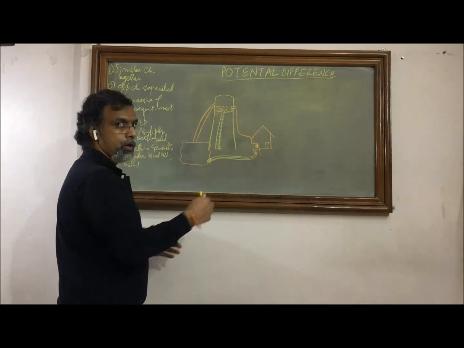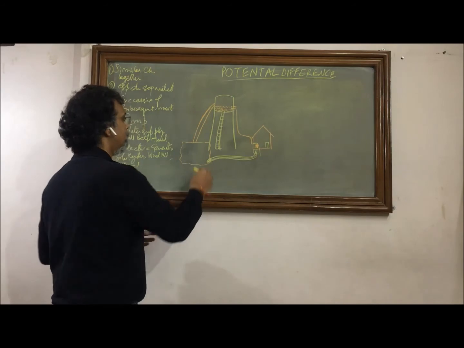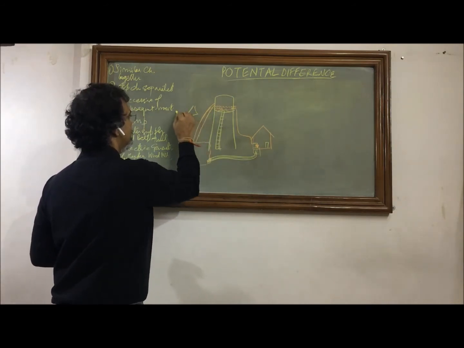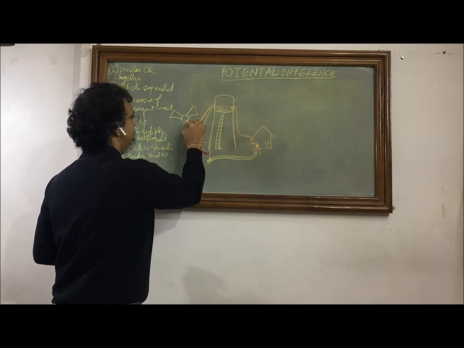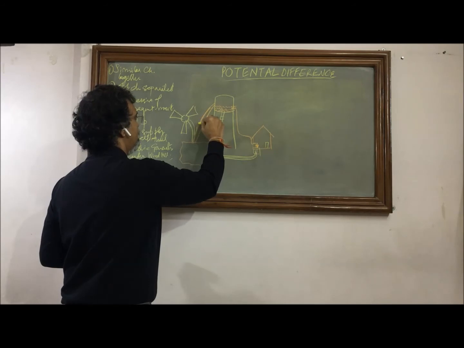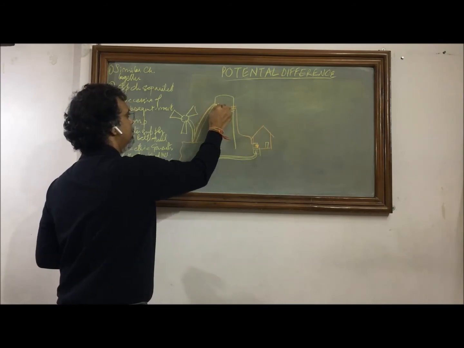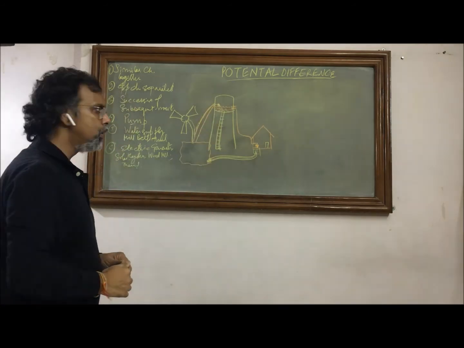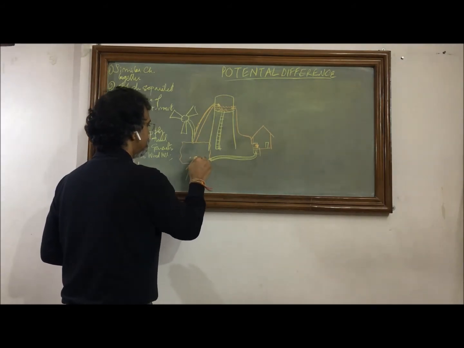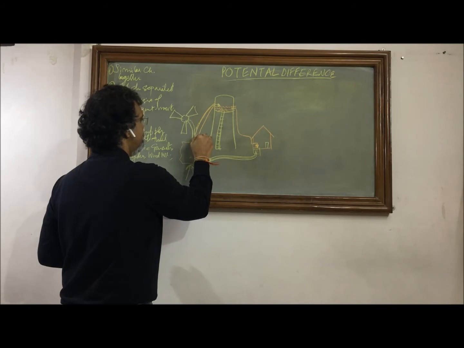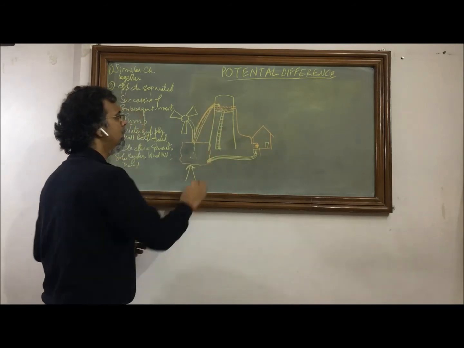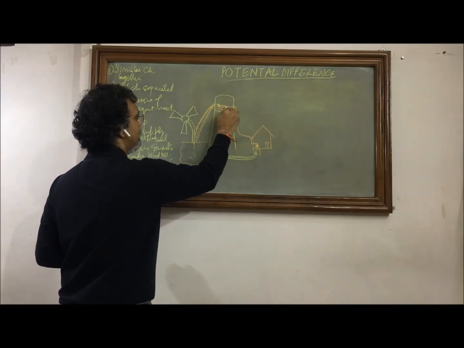And now we have to gain the potential energy also. So from here we'll have a system, maybe a windmill, and you have a belt attached to the windmill which raises the water, and the water is filled back into the tank. Or maybe you have a thermal plant which heats this water, the water gets converted into steam, steam rises on its own, gaining the thermal energy, and here it gets condensed and you again get water here.